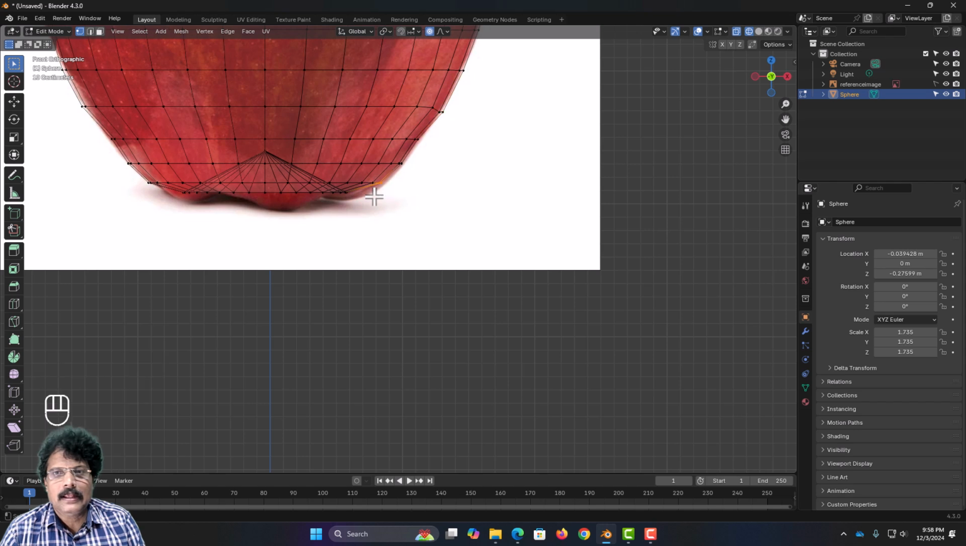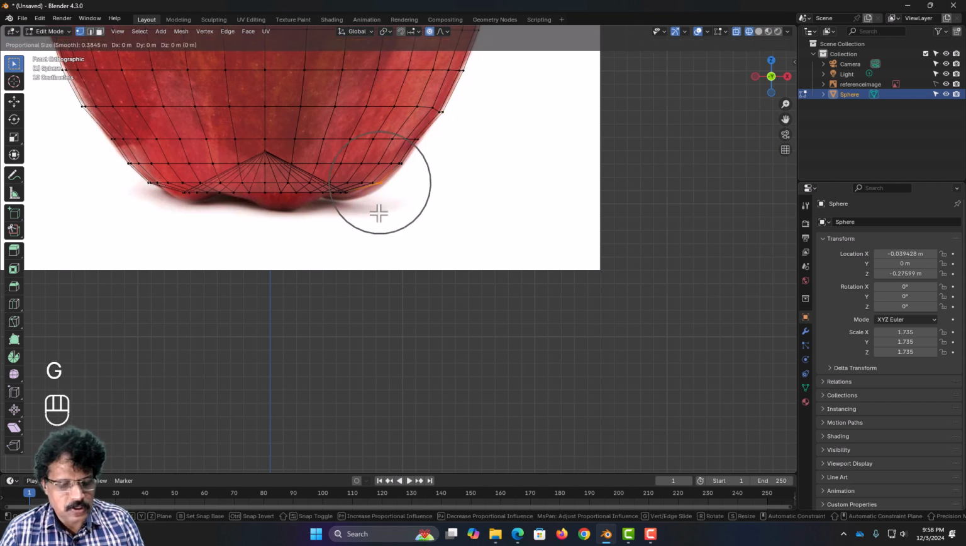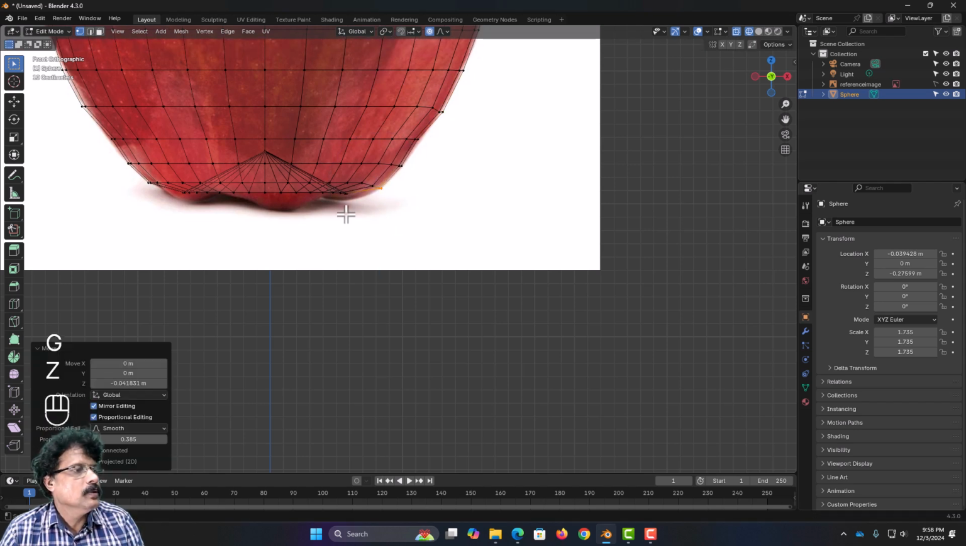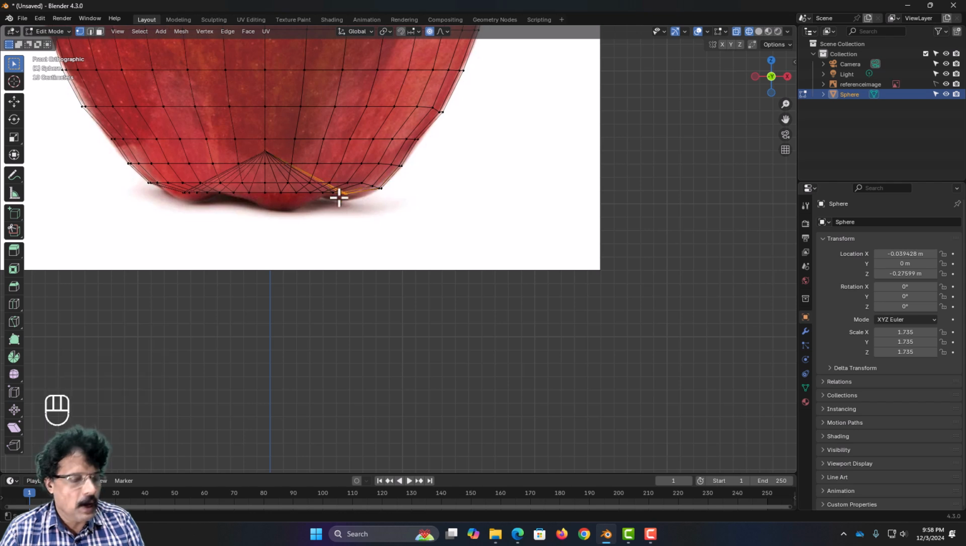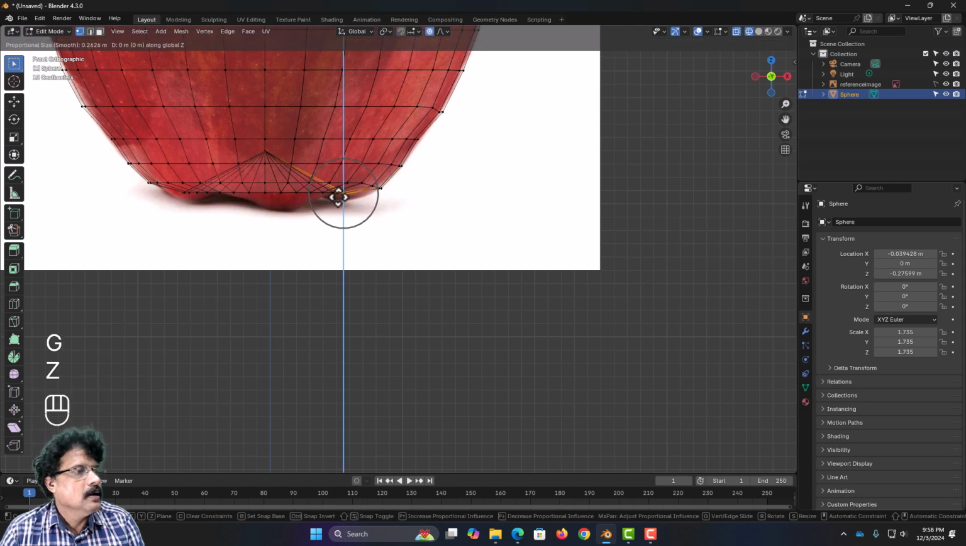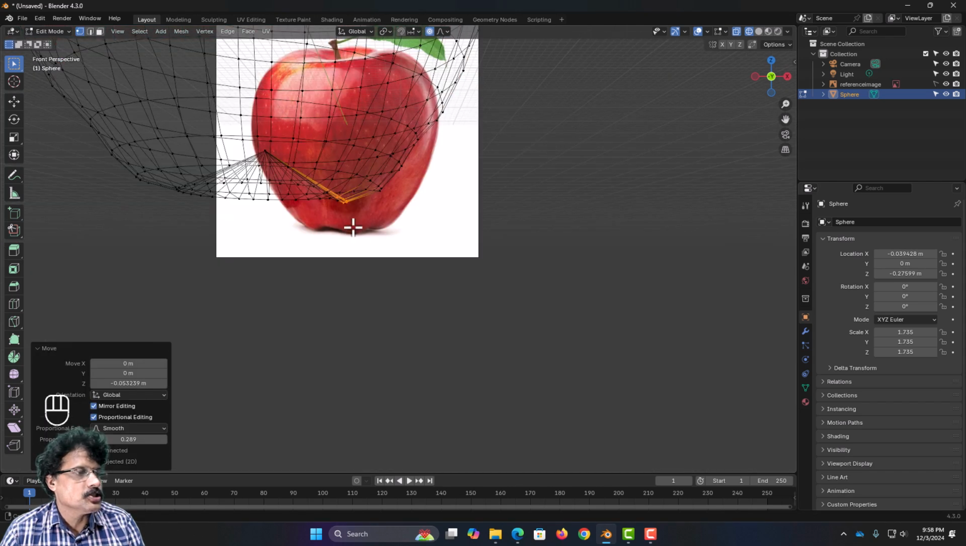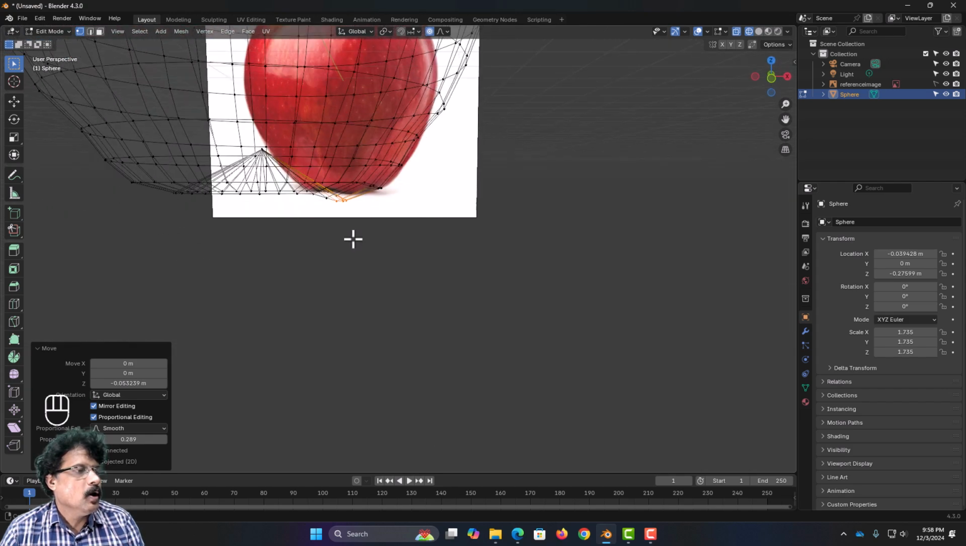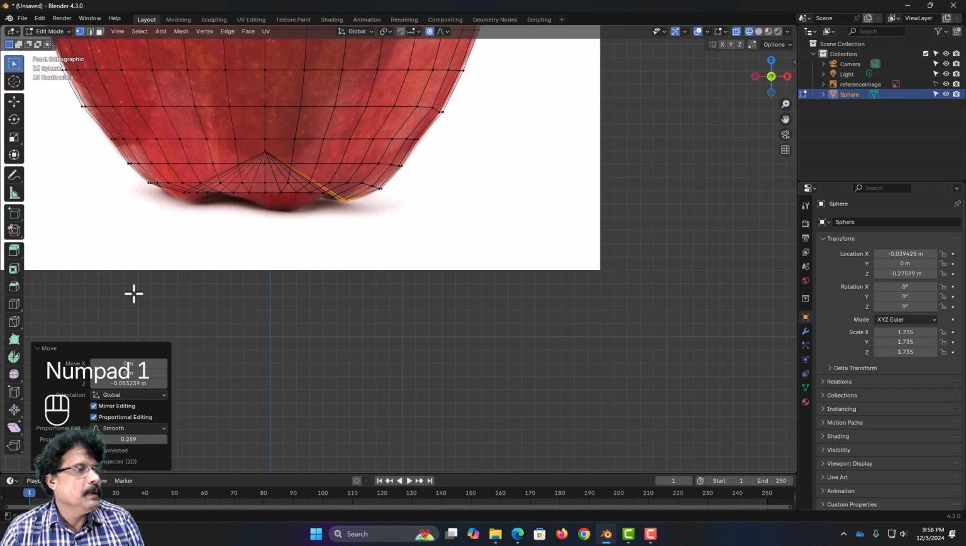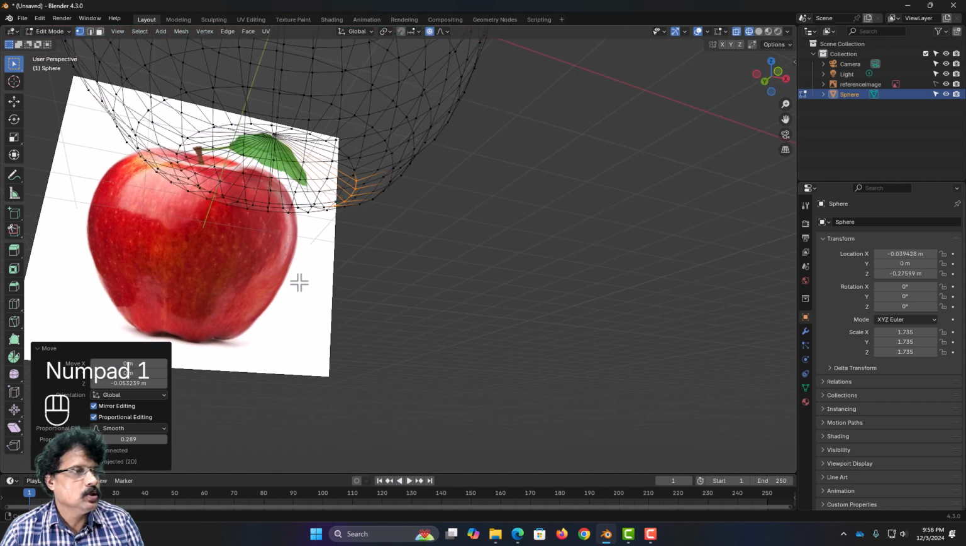Then I will select this part, press GZ and move it down, and I will select this part, press GZ, and narrow it down, and I will slightly add this kind of projections here, because the bottom of the apple will not be straight. So I will come to the bottom,